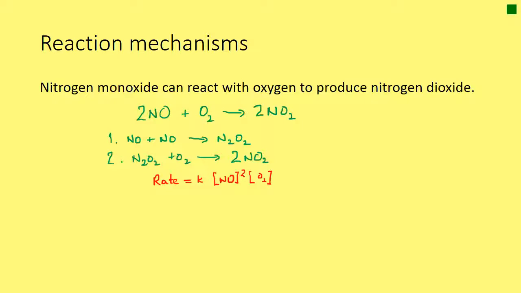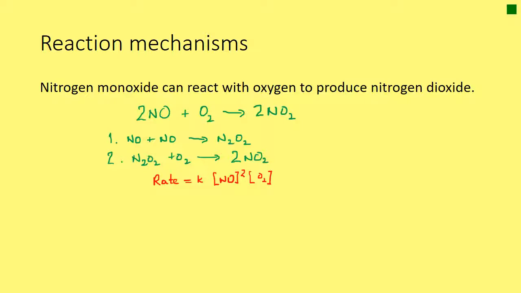Simple as that. However, the reaction actually goes forward in 2 steps. The first step being this one, a nitrogen monoxide molecule reacts with another nitrogen monoxide molecule to make this compound